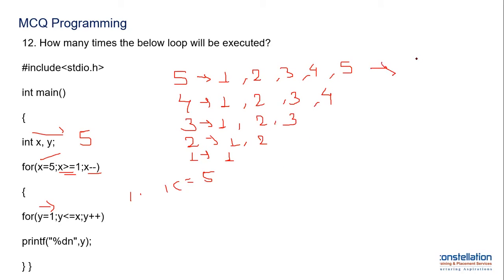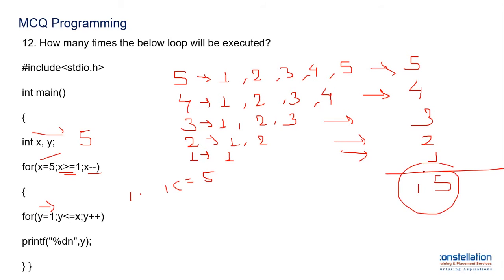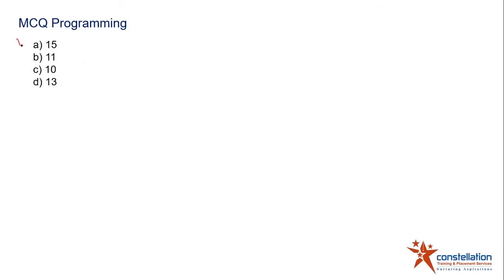So now you see how many times: 5, and then you have 4, and then 3, and then 2, and then 1. Add all of them together. So 5 plus 4, 9, plus 3, 12, plus 2, 14, plus 1, 15. So the correct answer is going to be 15. Let us look at the options. The first one is 15. Blindly go with that, and the correct option is going to be the 15 one.